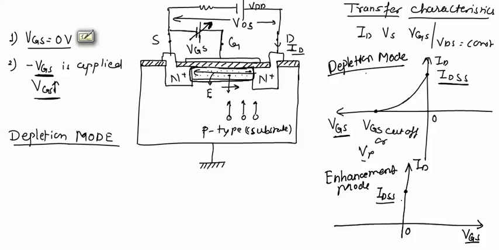So when we apply negative voltage, this is for depletion mode. For enhancement mode, if VGS equal to 0 volt, then we know that with positive VGS more number of electrons will be coming in the channel. So we will say that when VGS equal to 0 volt, minimum number of charge carriers will be moving from source to drain, and drain current ID will be minimum, that is IDSS. Now second case, when we apply positive VGS,